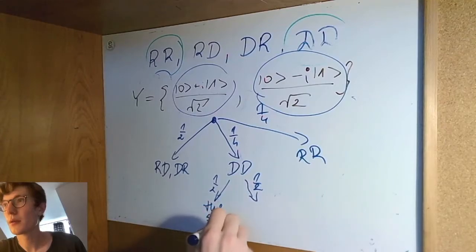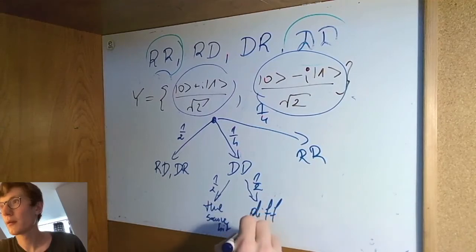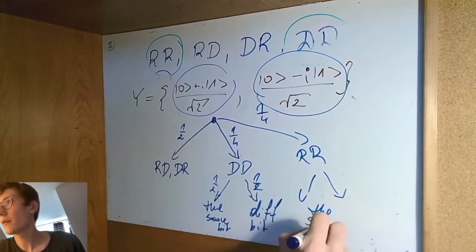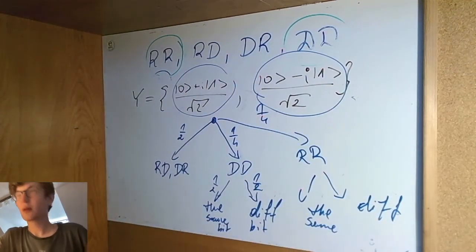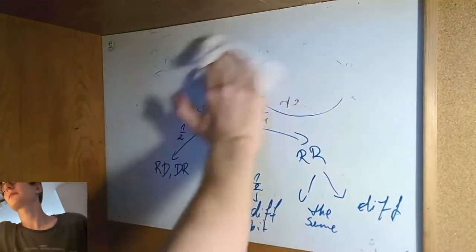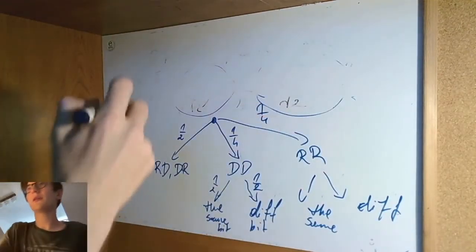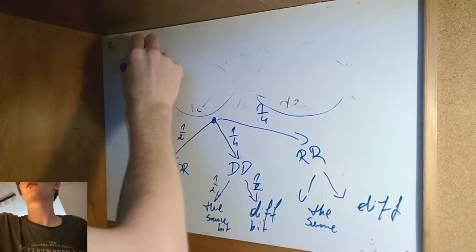The same bit, and here different bit, and here as well the same and different, right? And now we can compute the probability of the same bit,